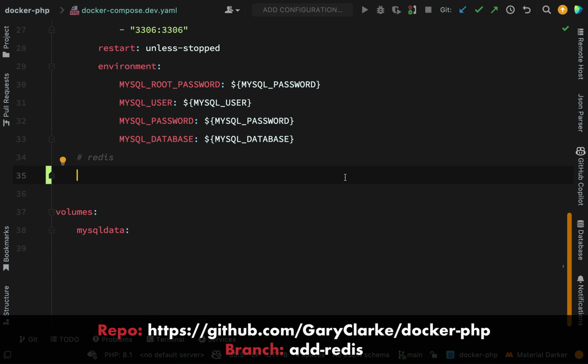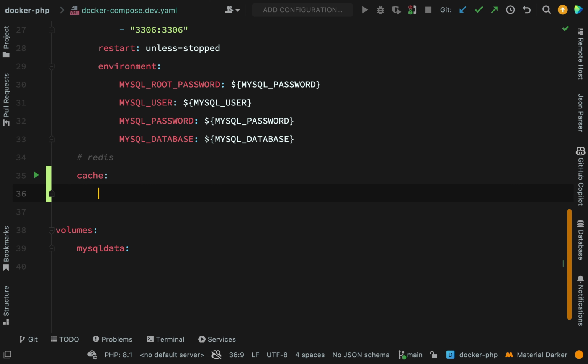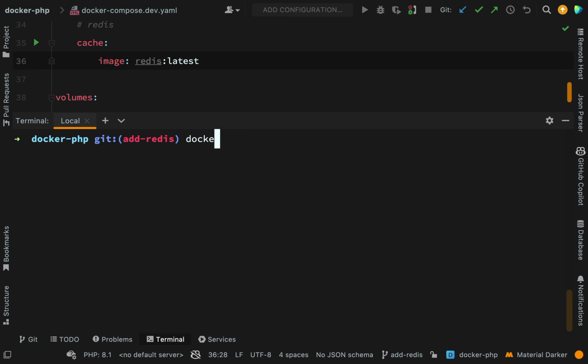We're not going to call this Redis, we're not naming this after the technology, we're naming it after the function which it performs, and so we're going to say cache. Good news about Redis is for what we need, the setup, the configuration here is really straightforward. We're going to say image, the image is of course Redis, and we'll just go with latest, and I think latest will be fine because the functionality that we're going to use it for here, that will never change, and so I can't see this breaking at any point in the future, so I'm pretty sure that latest will be fine. The next thing I'm going to do is run Docker Compose,